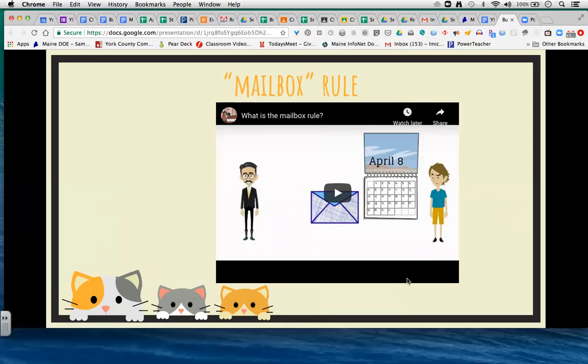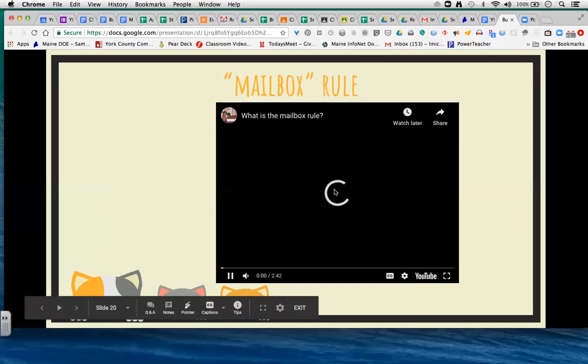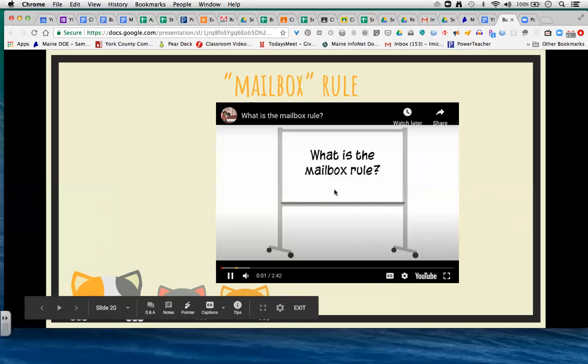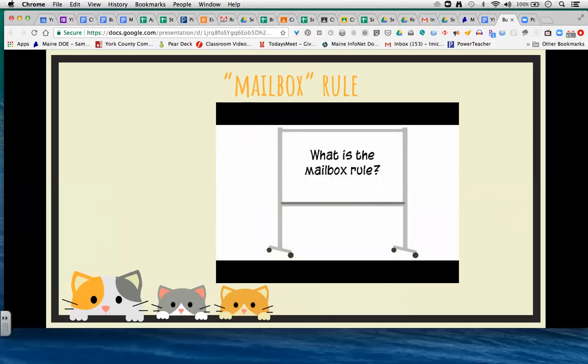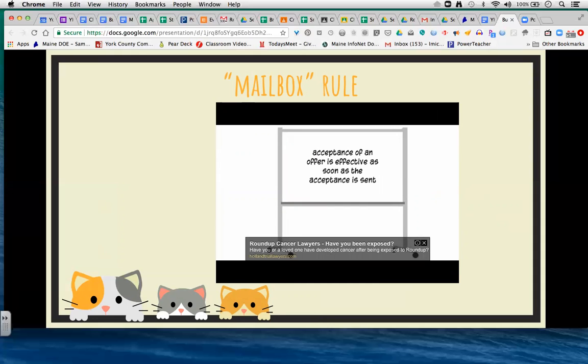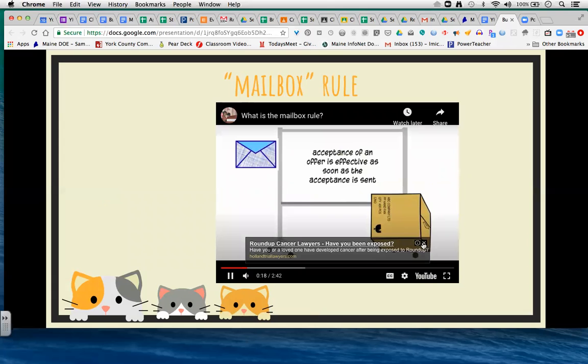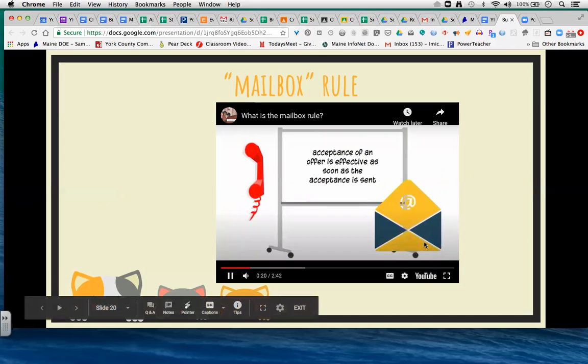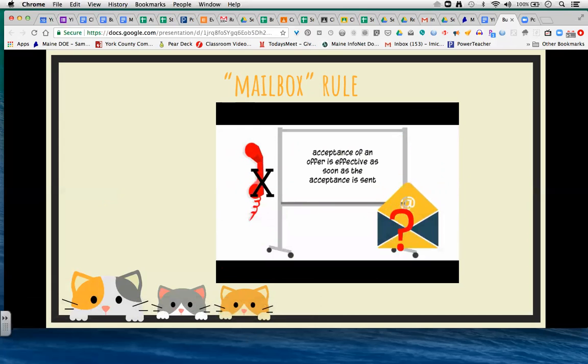Let's take a look at what is meant by the mailbox rule. In this video, we will discuss the contract law mailbox rule. The mailbox rule tells us that the acceptance of an offer is effective as soon as the acceptance is sent. The mailbox rule applies to letters and to deliveries. The mailbox rule does not apply to phone calls, and there's a question as to whether it should apply to